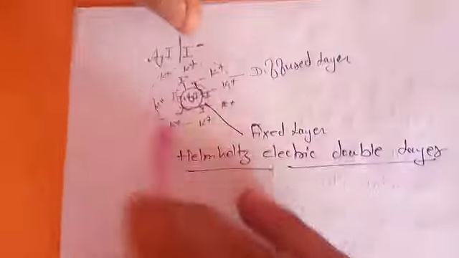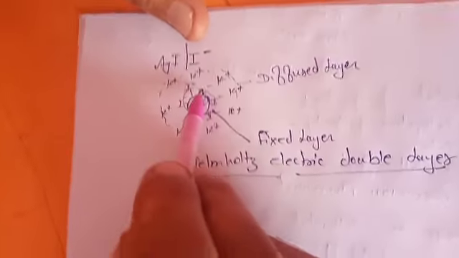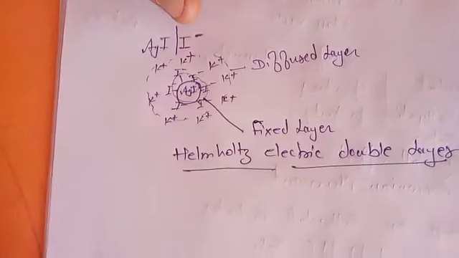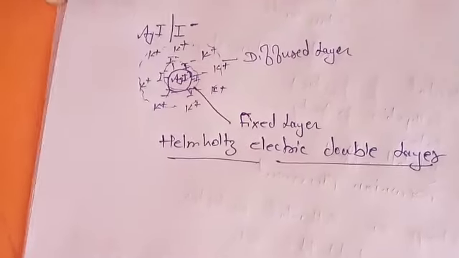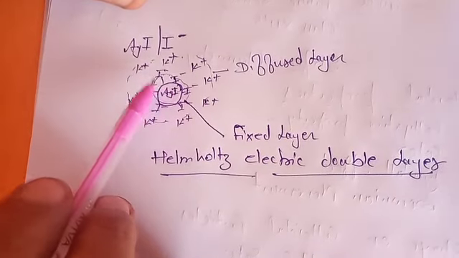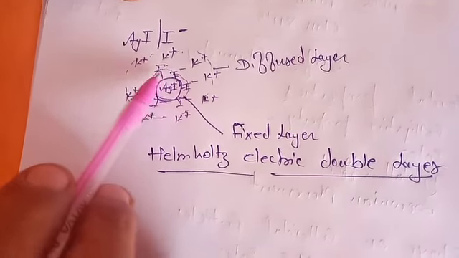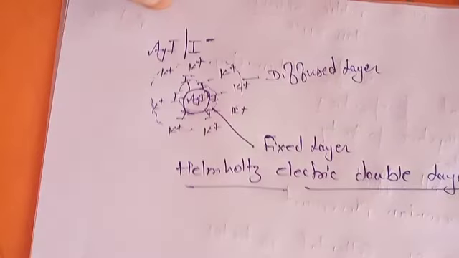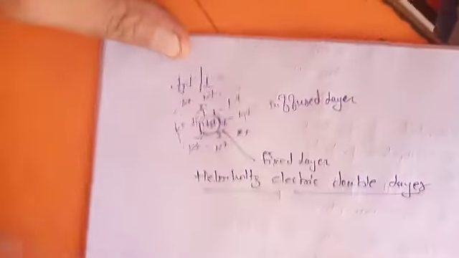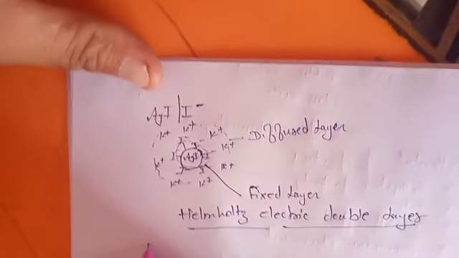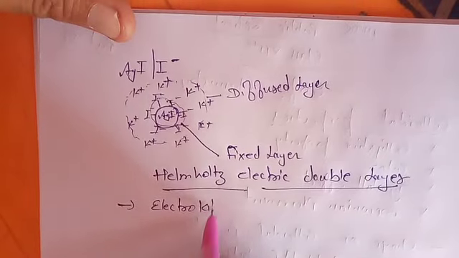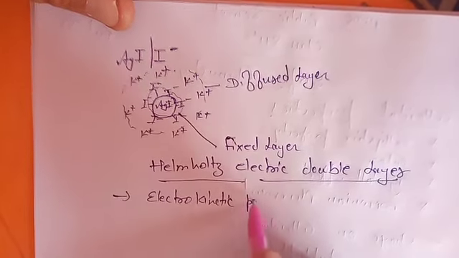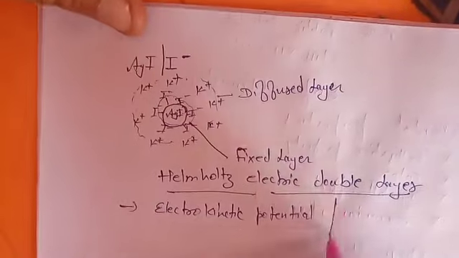Meaning, the potassium layer is able to move around while the iodide ions are fixed towards the dispersed phase particle. That's why it is the fixed layer. Now, due to this phenomenon, we know that around dispersed phase particles there is a negatively charged as well as a positively charged layer existing. So there is also a potential difference, and that potential is known as the electrokinetic potential, or you can also call it zeta potential.